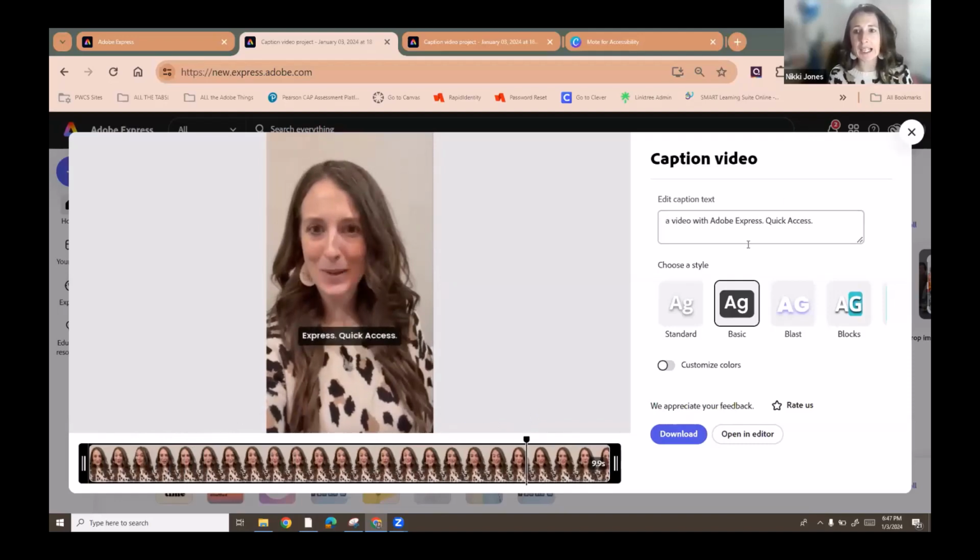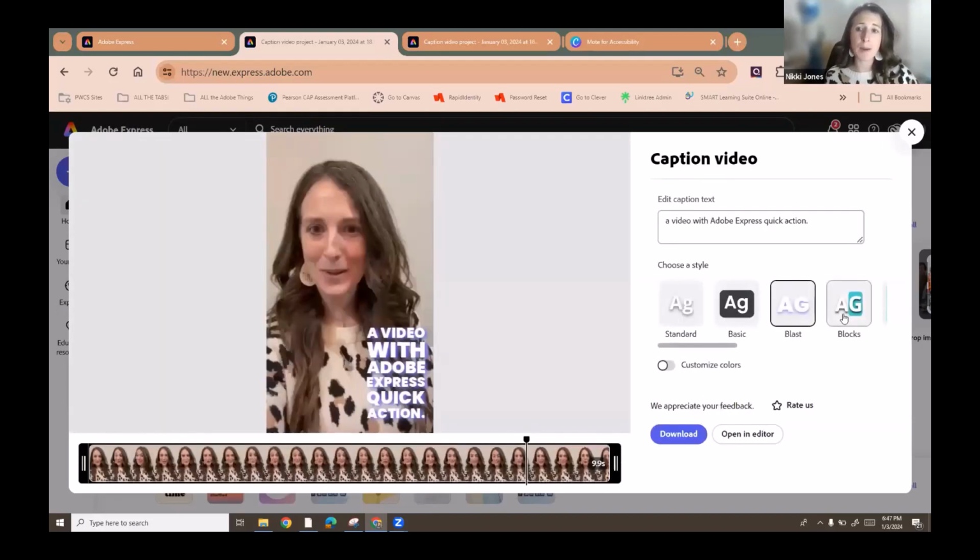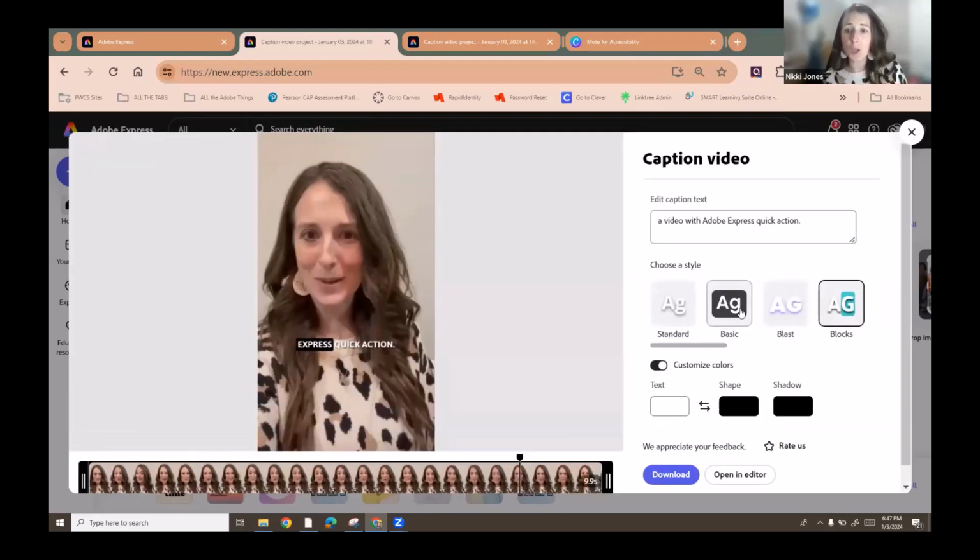And if there's anything that I need to edit, I have the ability to edit right here. So I can just change this to say quick action, and then I can change punctuation. Also, there's lots of ways to customize what it looks like in here. And then the final thing is that if I'm done, I can download this, or I can open it up